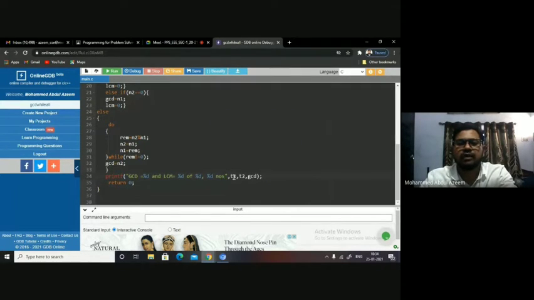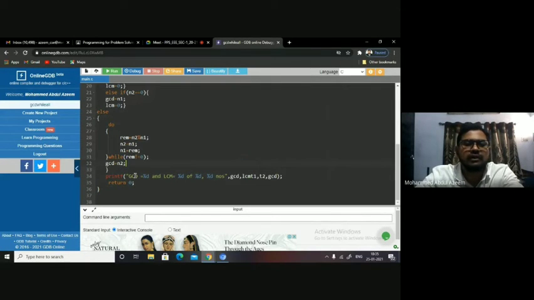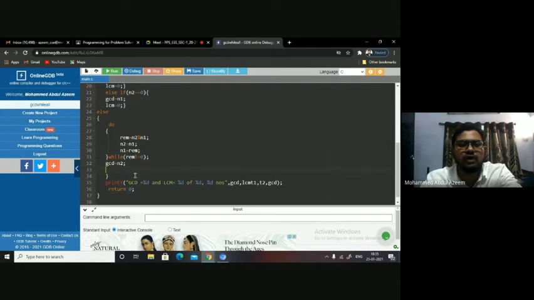Okay, so what do I have to print here? GCD, LCM. Then here in the else part, after I calculate GCD, I need to calculate what?